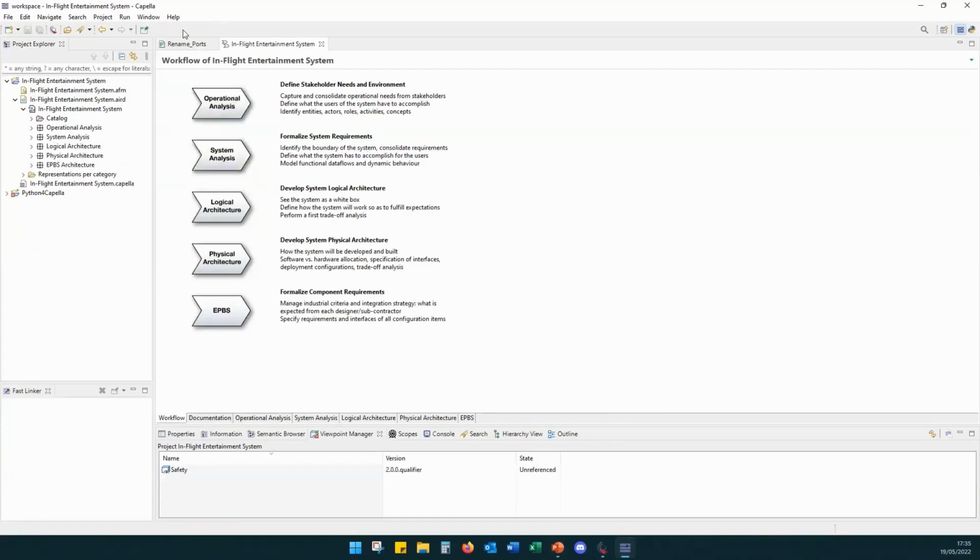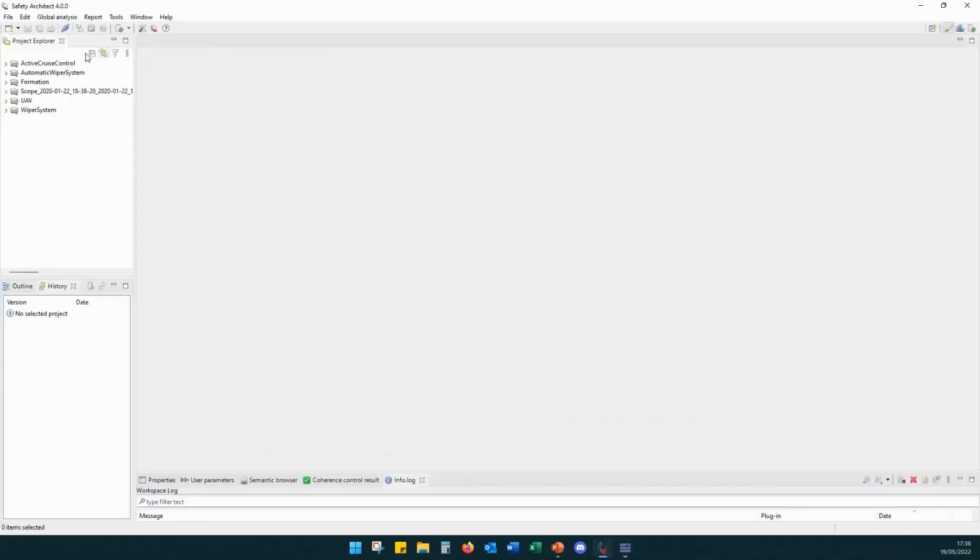After the installation of the safety add-on, you will see a Safety Architect logo in the Capella toolbar. This Safety Architect logo indicates if both tools are launched and if both tools are connected. In this case, the Safety Architect logo is in color. It indicates that both tools are correctly connected. In Safety Architect, we have a connection logo, which presents the same information.